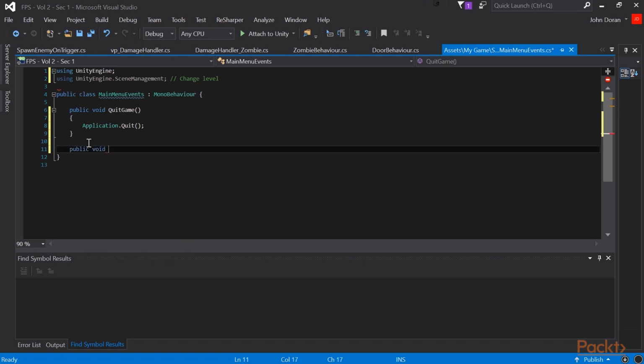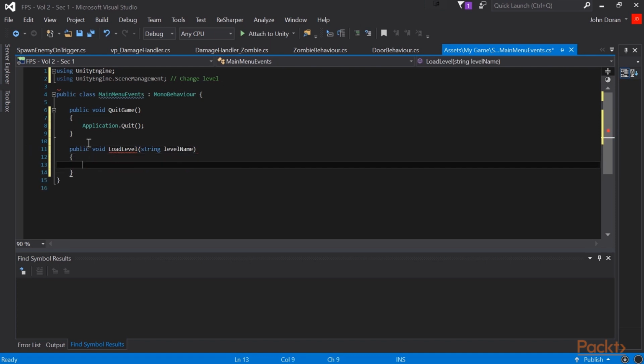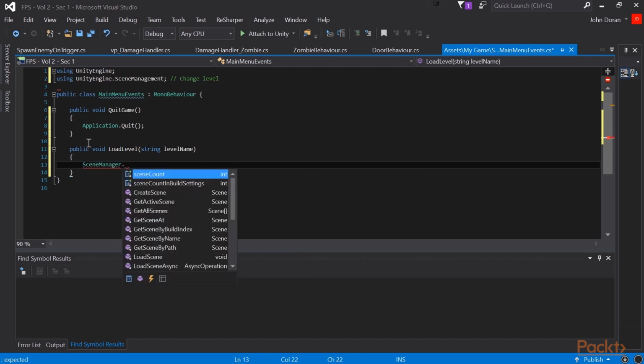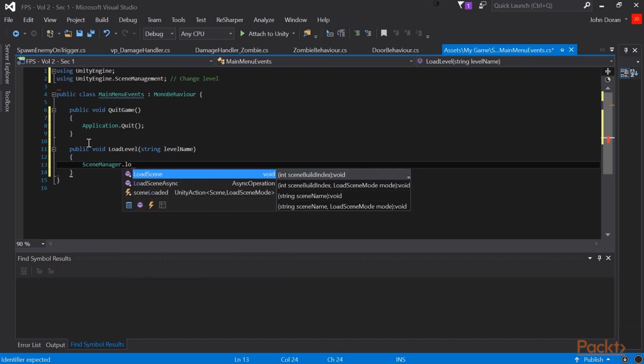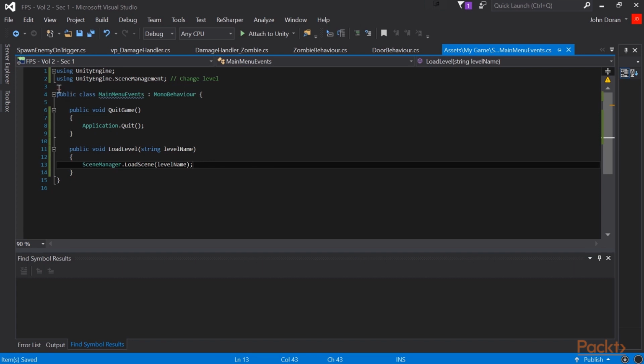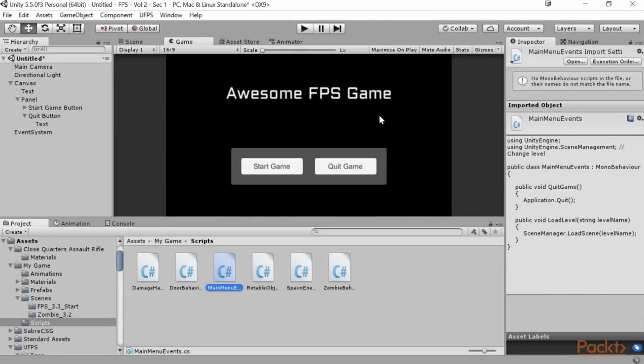Now likewise, to go to the game itself, we're going to have a public void, and I'm going to call it LoadLevel. And this is going to take in a string, which I'm going to call the levelName. And to load a level, we need to call SceneManager.LoadScene. And this takes in a string, which will pass in the parameter for this particular function. So I need to type in levelName here, and this will load that scene as long as it's been put into the build settings for this particular project. So with this, we're going to go ahead and save the script,